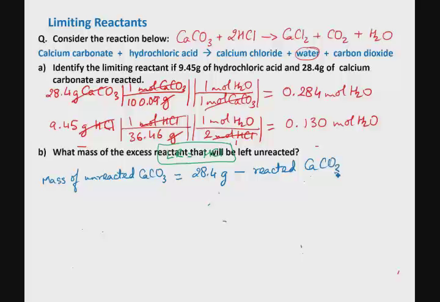Now, there are different ways of solving this problem. There are different ways you can set up and calculate the mass of reacted calcium carbonate. I'm only going to show you one, which is knowing that HCl is the limiting reactant, we can figure out the mass of reacted calcium carbonate by determining how much calcium carbonate would it take to completely use up HCl, because that is the limiting reactant. In other words,